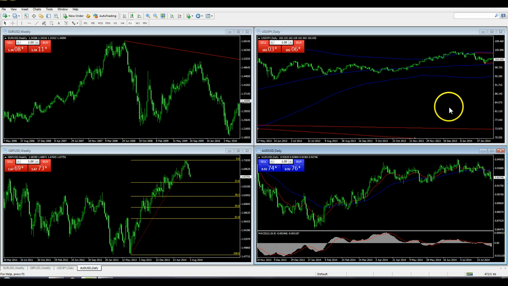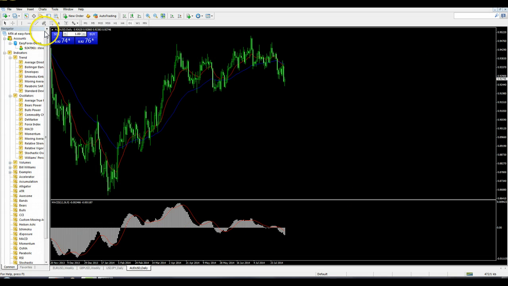This is my lifestyle. This is what my charts usually look like. But the key thing about technical trading is that a lot of people like to throw on all sorts of